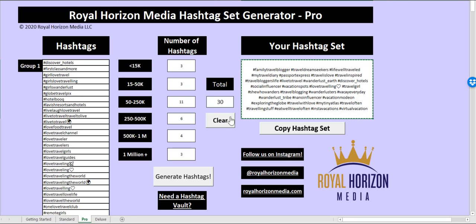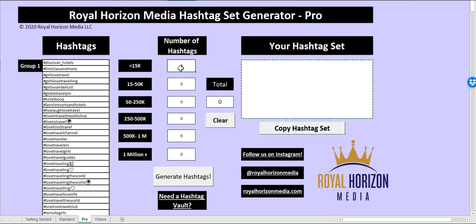The clear button is a bit more helpful on the Pro version versus the standard because there are 6 cells that you would have to clear manually. Here you can just reset them. This is much easier if you were to use the category method where you're pulling 30 hashtags from group 1 for a post, and then the next group you needed to pull 30 from group 3 instead of having to go up and delete. If you're just changing one of the groups a small amount, say if you're switching 1 from 5 to 3, you probably don't want to clear and get rid of all the other hashtags that you're pulling. Okay, and now we'll go over the deluxe generator.